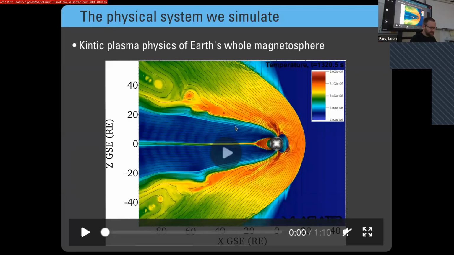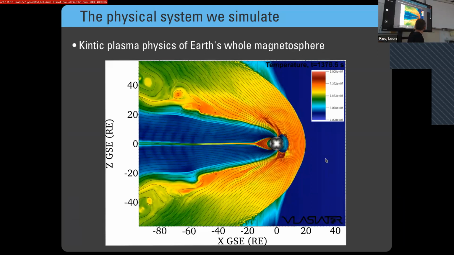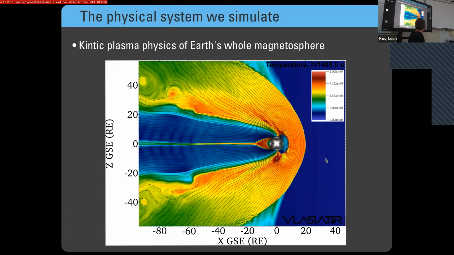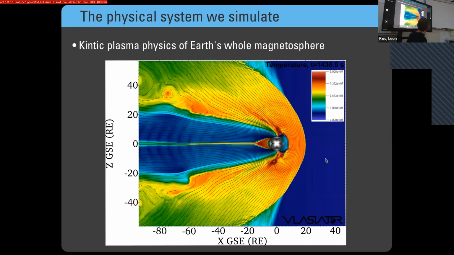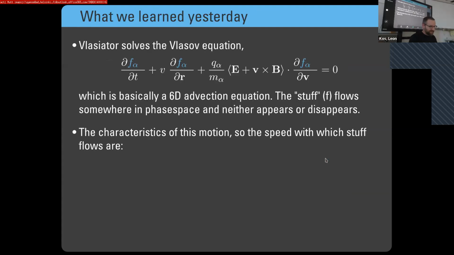because this is similar to what I showed you. We're simulating Earth here in the center, and the solar wind is flowing, and the magnetic field lines are doing funny things. You can already see that there's lots of nice places where you have kinetic plasma physics and so on. This is something I noticed I didn't have in the slides yesterday. Namely, the thing that we are actually solving is this Vlasov equation with the